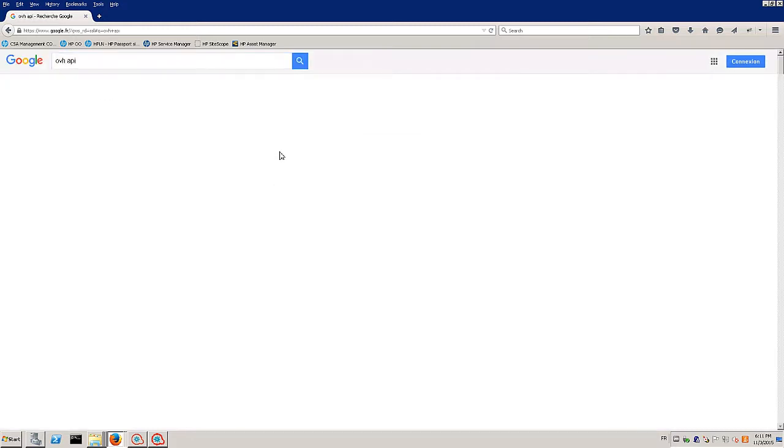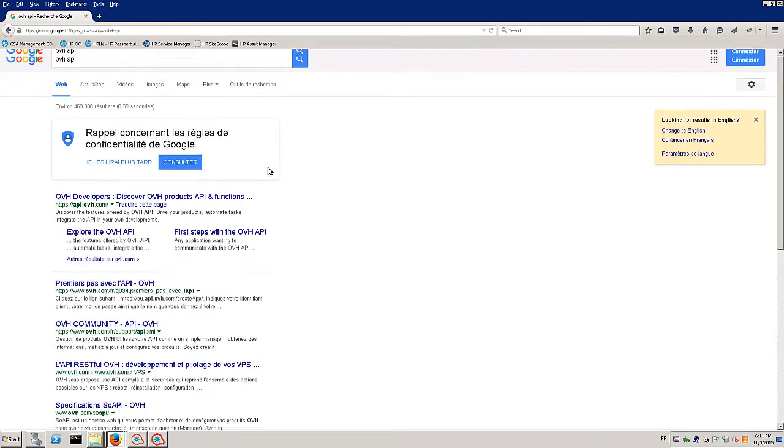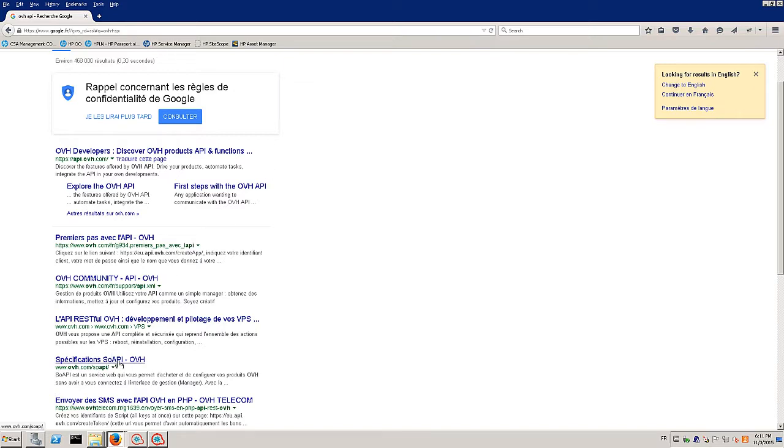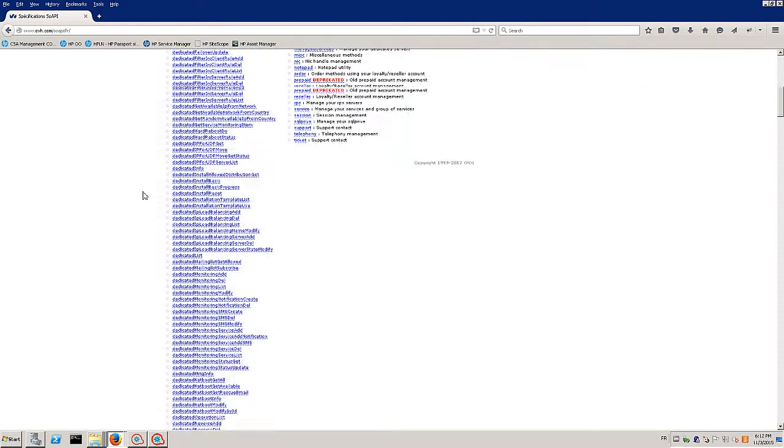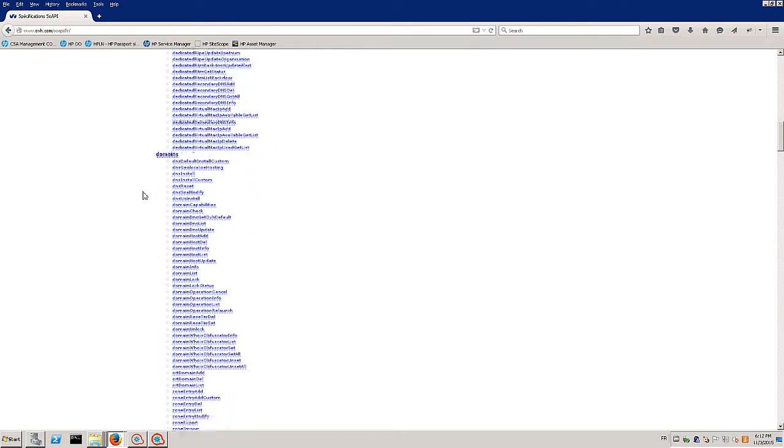The first thing when you need to onboard a new provider is that you need to be able to discover the specification. So for that, I will Google it and I will see this provider, which is OVH, a telecom cloud provider. My goal will be to discover the content from this provider and import it inside my orchestrator.